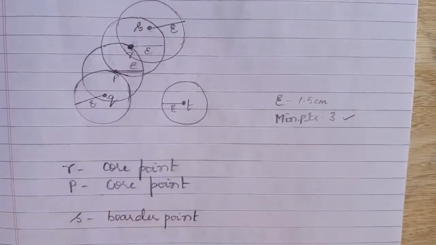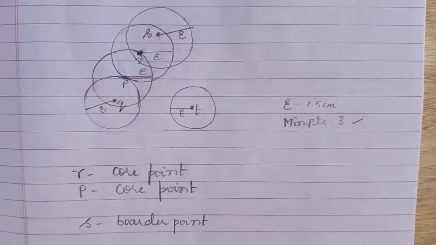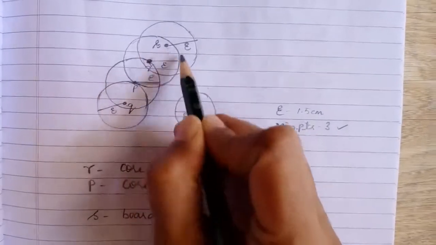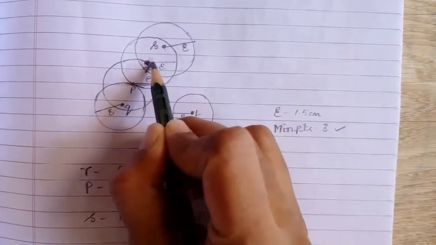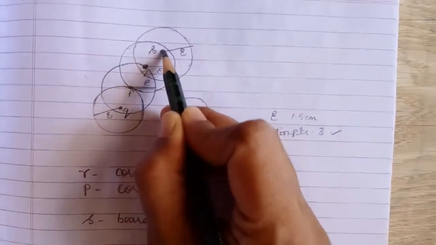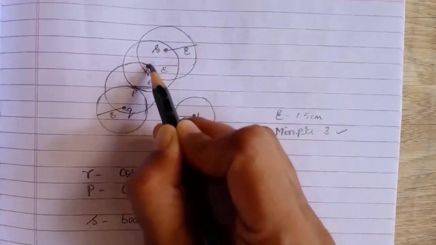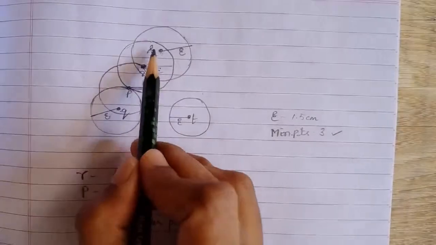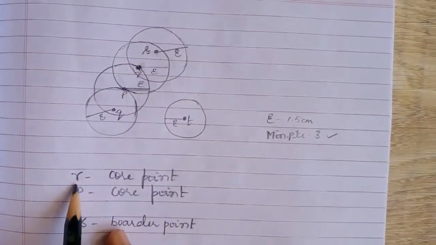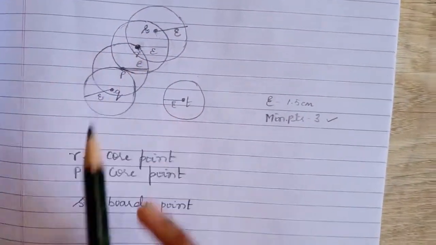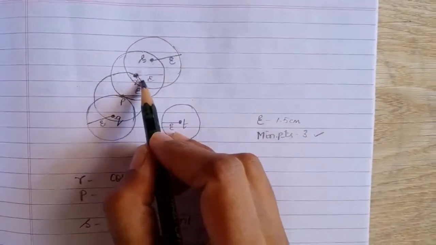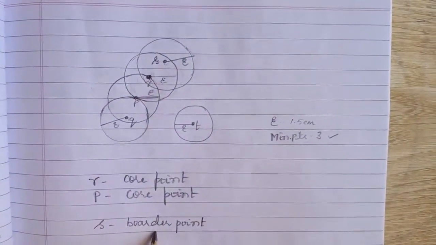Somehow it is associated with the core point. It's a neighbor of it. If you consider this circle from R point, then S was inside this circle. It was a neighbor of this core point. When you considered S for deciding whether R is a core point or not, S was the neighbor of R. So S is a neighbor of R. So you can call S as a border point.